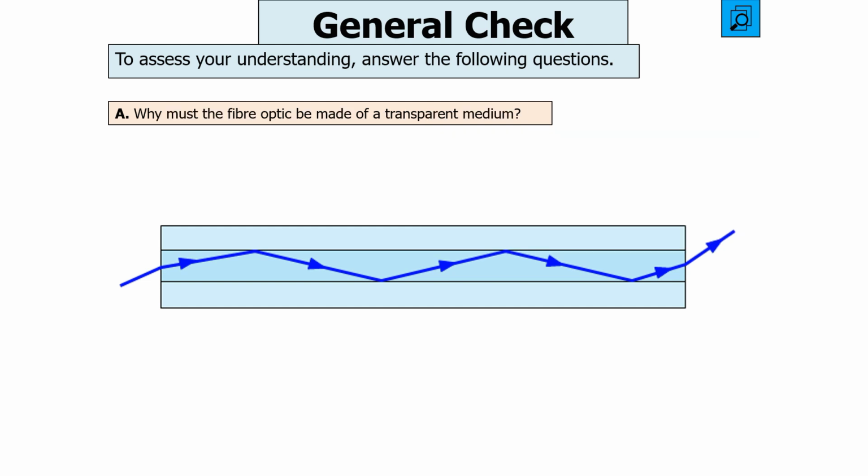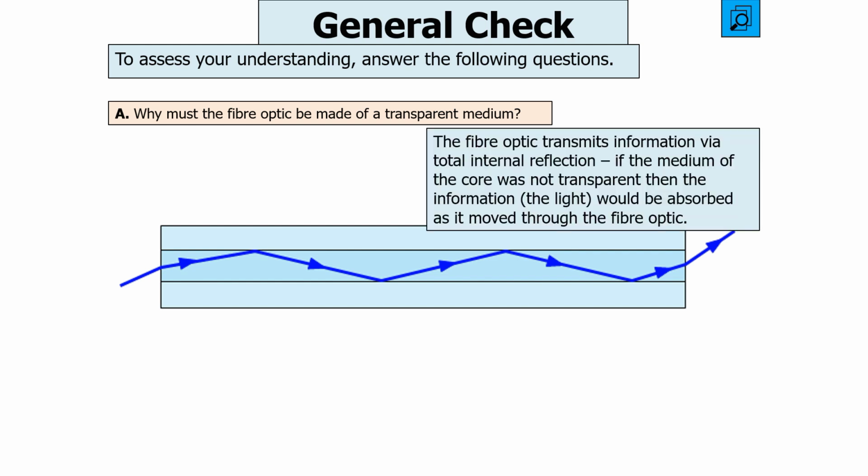Why must the fibre optic be made of a transparent medium? Pause the video now, then unpause the video when you want to go through your answer. Well, the fibre optic transmits information via total internal reflection. If the medium of the core was not transparent, then the information will be absorbed as it moves through the